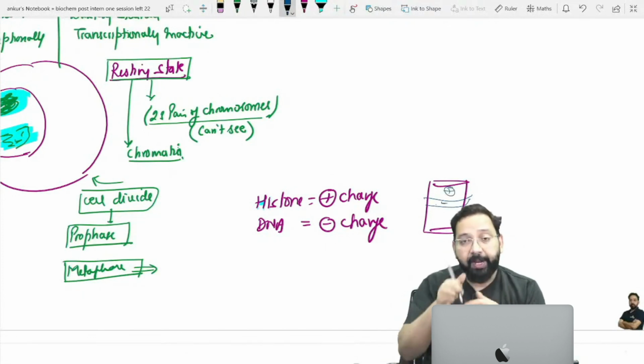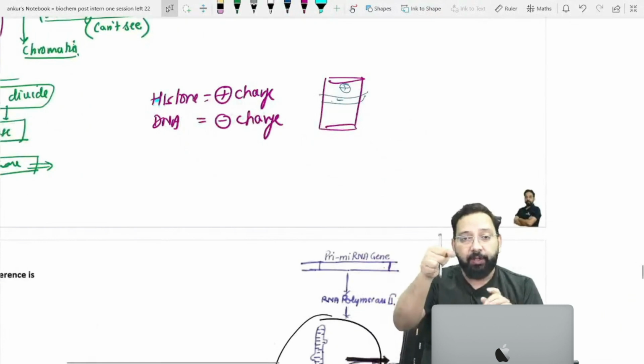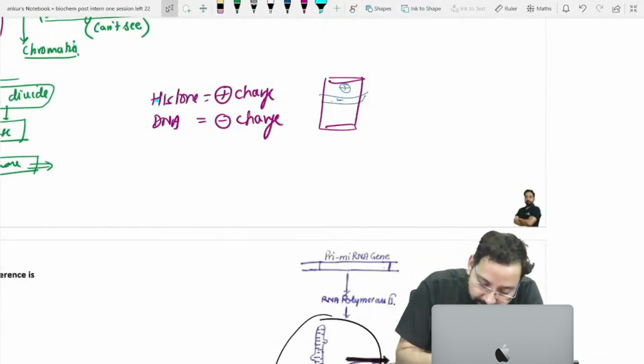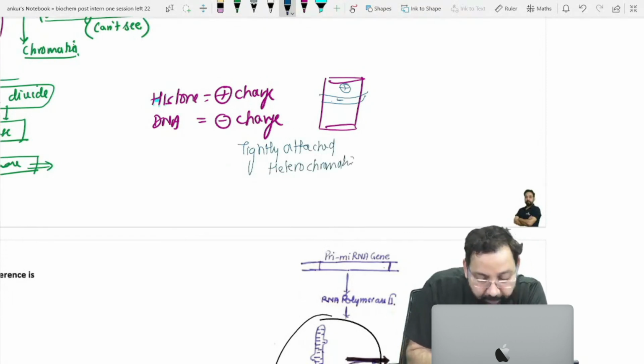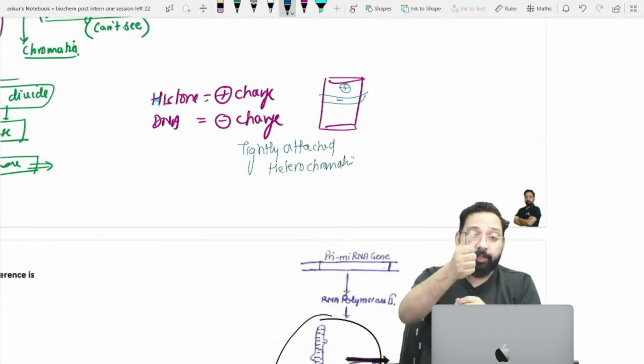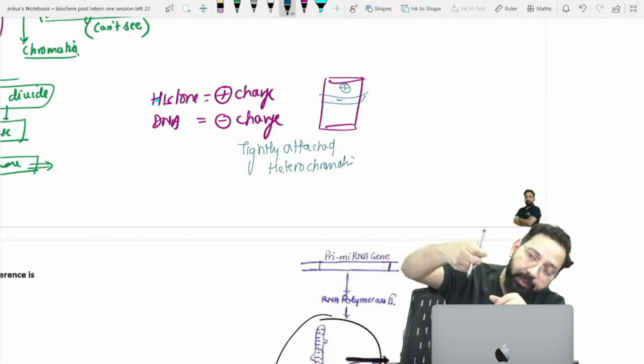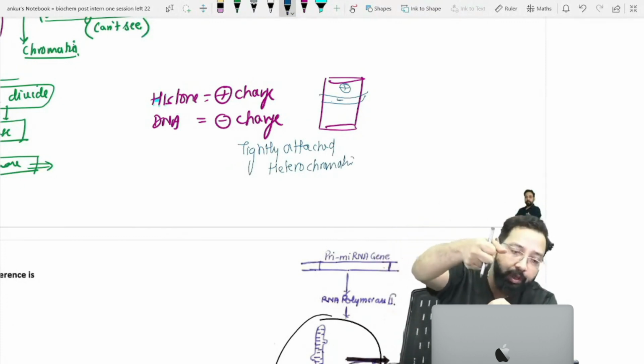Tightly attached means heterochromatin. Now, suppose I ask you, you want to synthesize